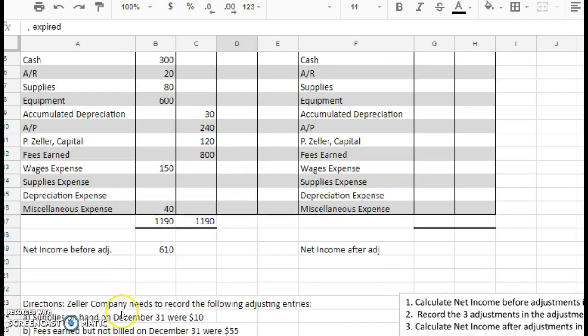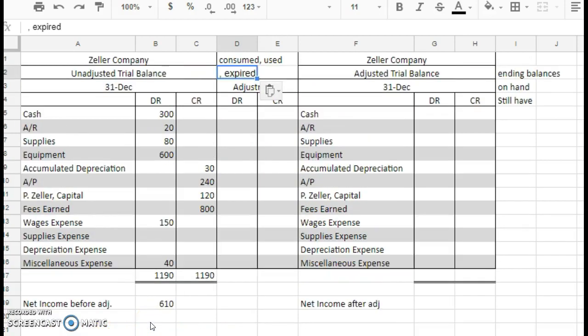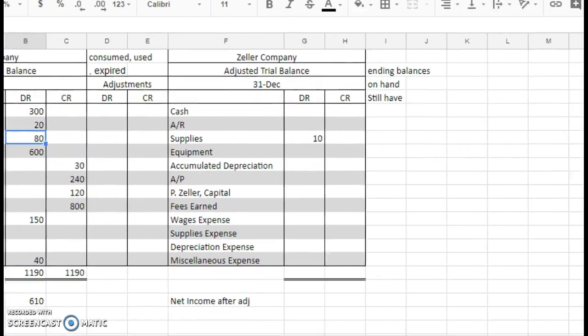So if it says supplies on hand on December 31st was $10, we had 80. How much do we have on hand? How much do we still have in our closet? 10. So how much did we use? If we had 80 and now we have 10, how did we get from 80 to 10? And one thing that you might want to do,